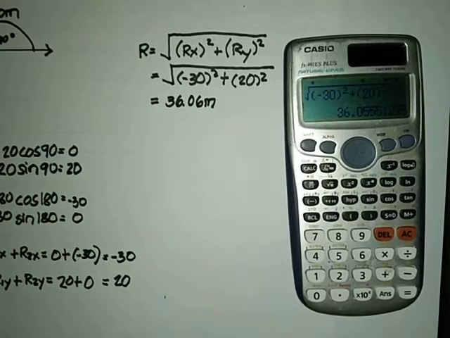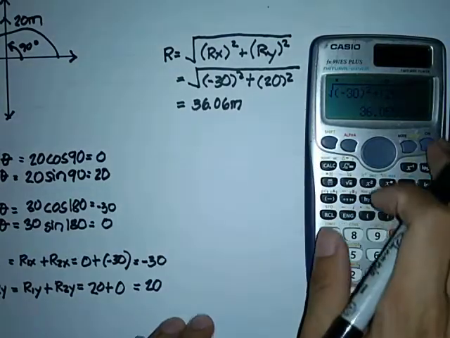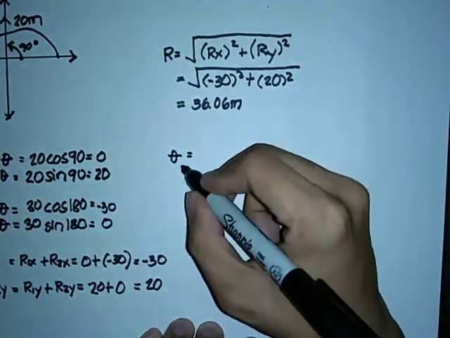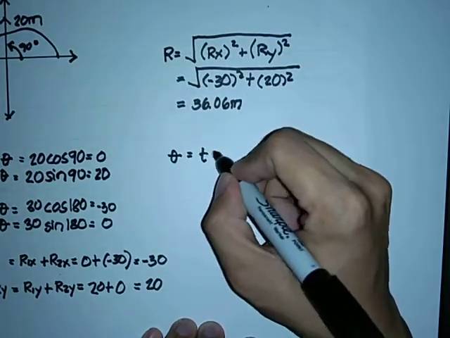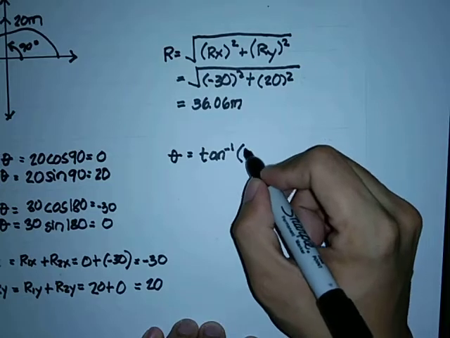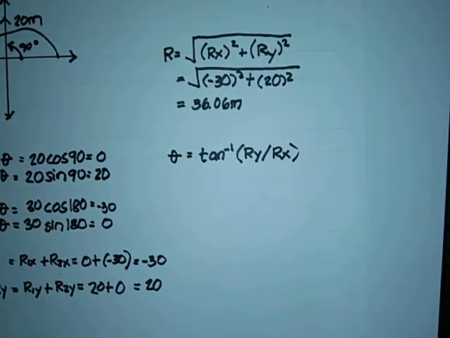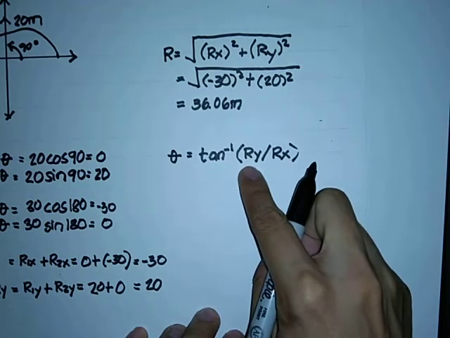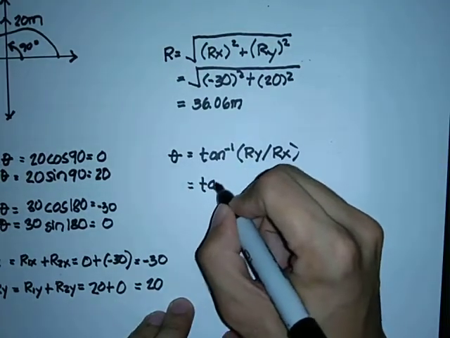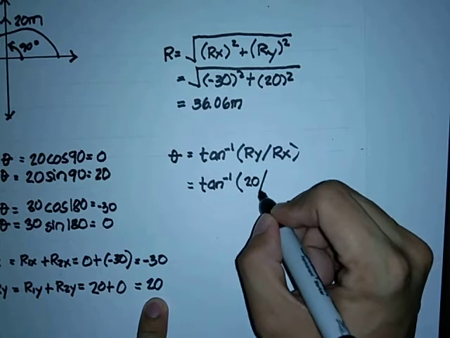So yung ating magiging resultant vector is 36.06 meters. So next thing to do is to solve for our angle. So yung reference angle natin. Ano nga ba yung magiging reference angle natin? So, yung ating formula for our angle is the inverse tangent of Ry over Rx. Huwag kayong malilito ha, kasi that is yung y over x niya. So, we have the inverse tangent of y over x natin. So, we will have the inverse tangent ng Ry natin, which is equal to 20. That is going to be divided